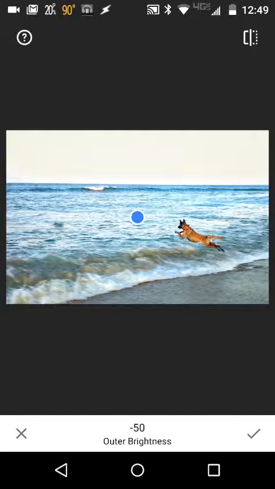And here, you'll see a dot in the center of the image. You can touch that dot and move it. You'll see a little circle. I'm going to put it right on the dog. You can also, with your fingers expanding or contracting, expand or contract how much of the area is affected. And then